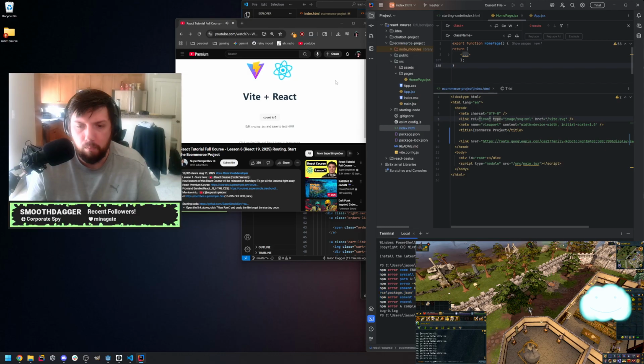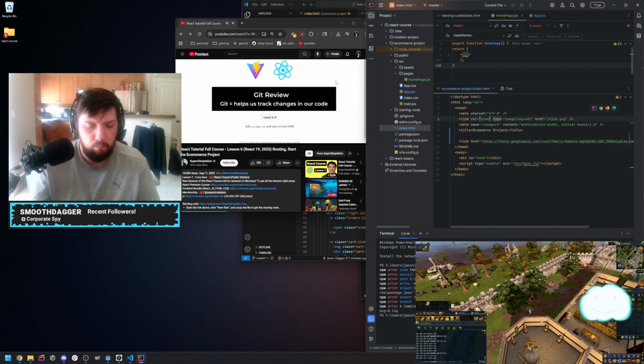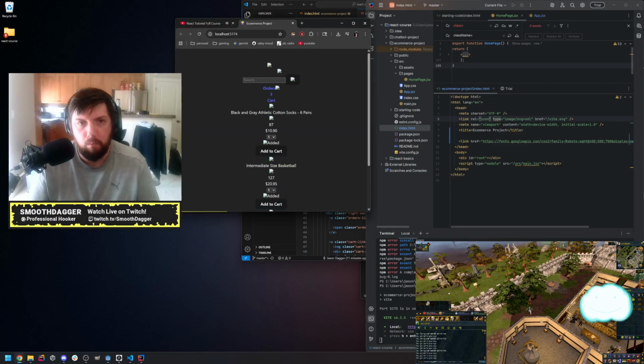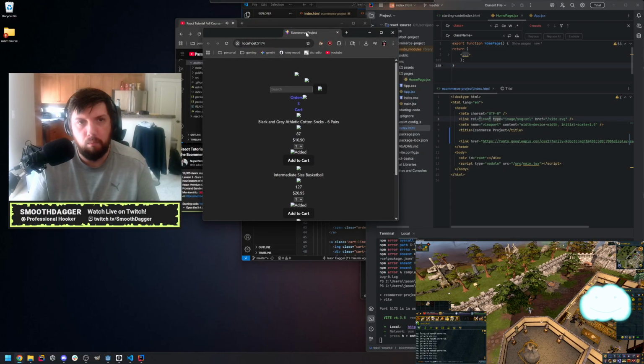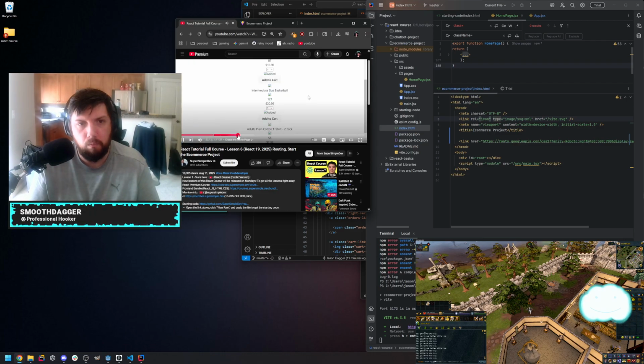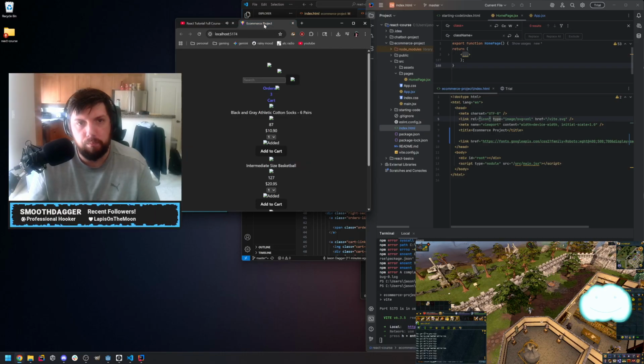Before we start updating the code, we're actually going to review a tool called Git. Git helps us track changes in our code, and it's useful in bigger projects because we're going to be making lots of changes, and it's easy to forget what we changed. So Git will help us track our changes. We're going to go to our code, and we're going to open the Git section here so we can remove them